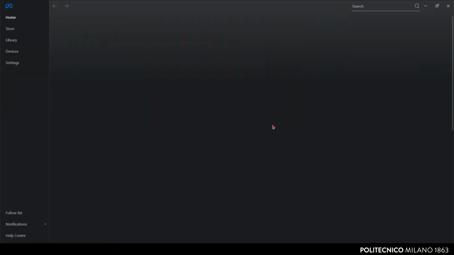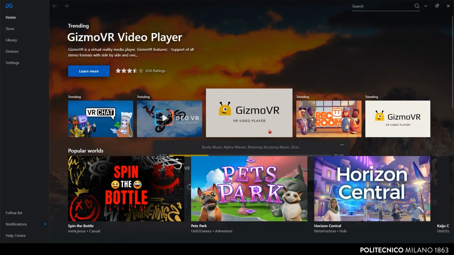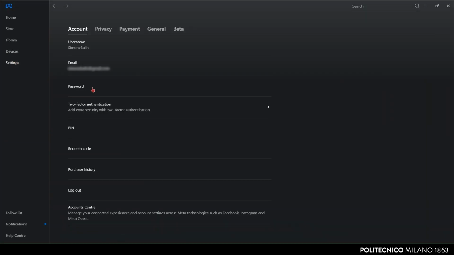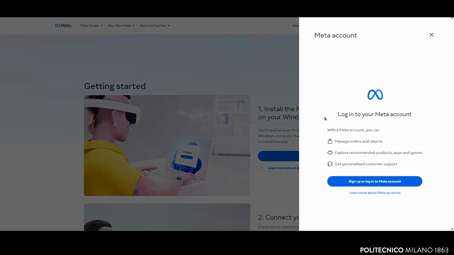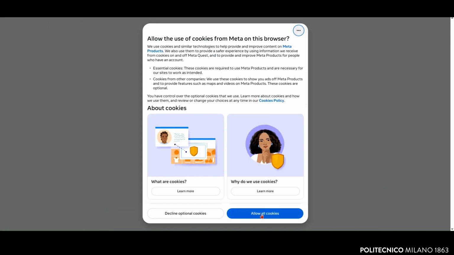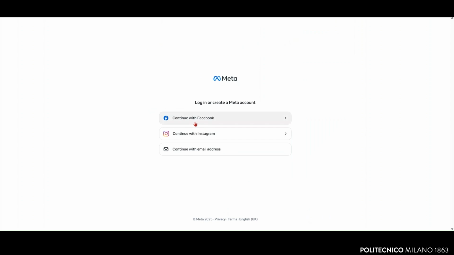Once the installation is complete, we will need to log in to the platform with a Meta account. If you already have an account, simply enter your credentials to log in. If you don't have any account yet, you can choose to use your Facebook profile, which will be automatically recognized by the system, or you can create a new account. To do this, you will need to go to the official Meta website, access the account section, and follow the